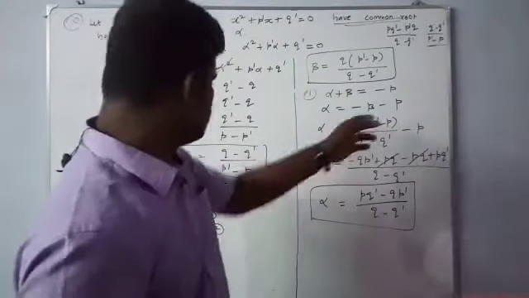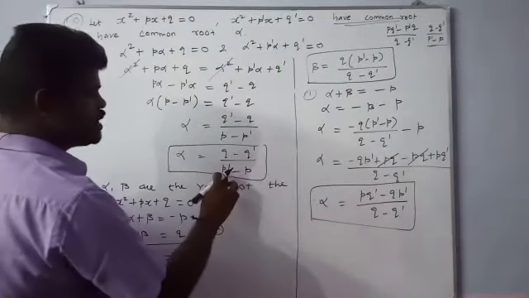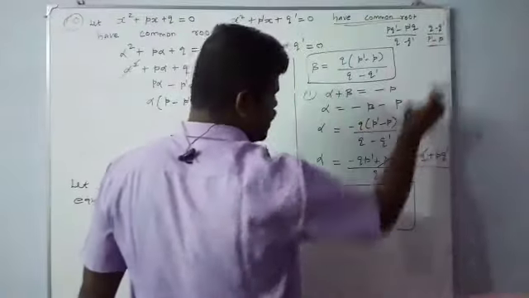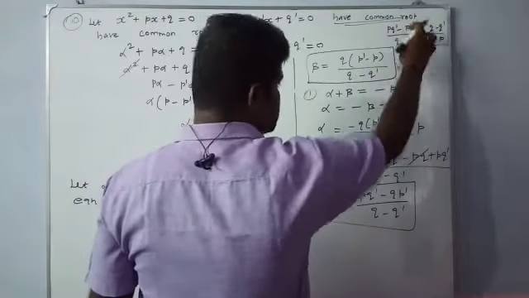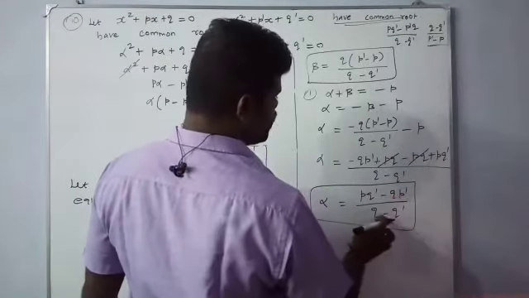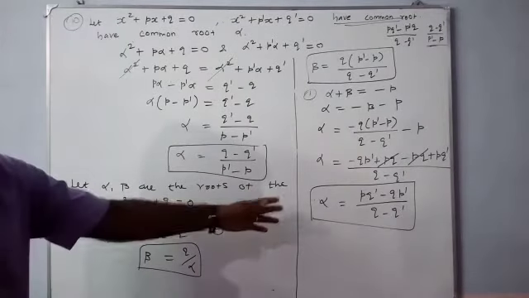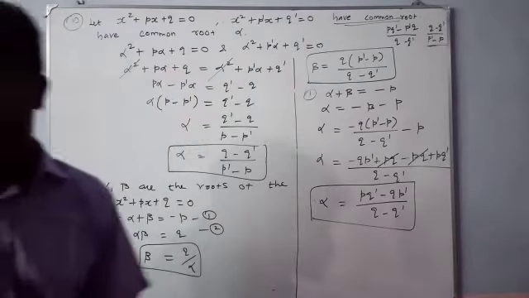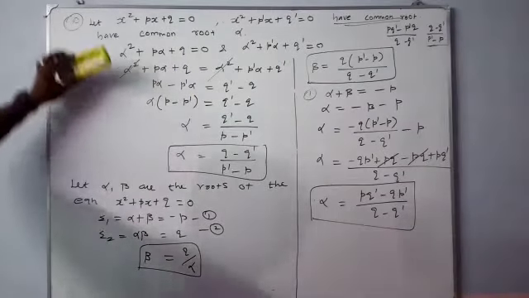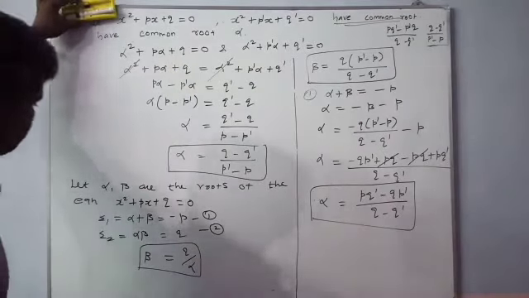There are two values we have to prove. One is q minus q dash, p dash minus p, and the other value is pq dash minus p dash q divided by q minus q dash. These two roots can be proved. Okay, right. Refer to this sum. Now let us go to another sum.